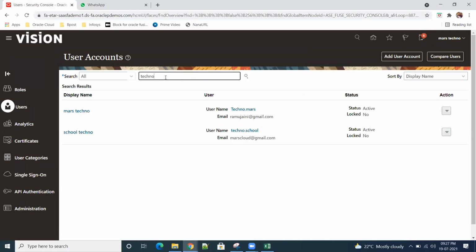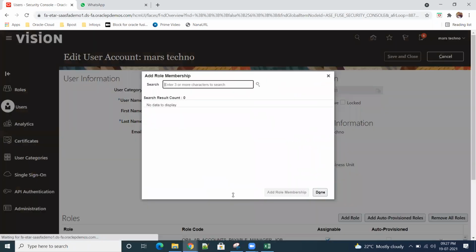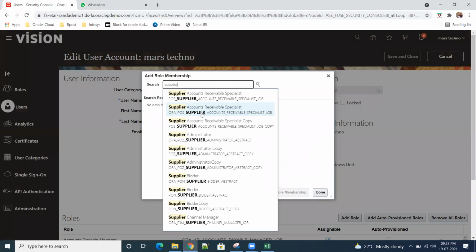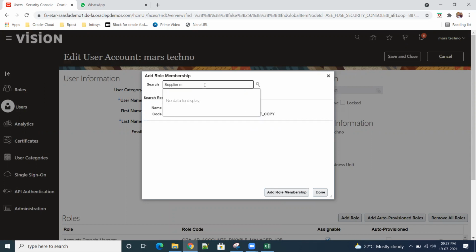Okay, so for suppliers we need job roles. Click on edit. Add role, supplier, if you type, you'll get plenty of roles here. Supplier manager, supplier administrator, for creation of supplier. Yeah, supplier manager is required.